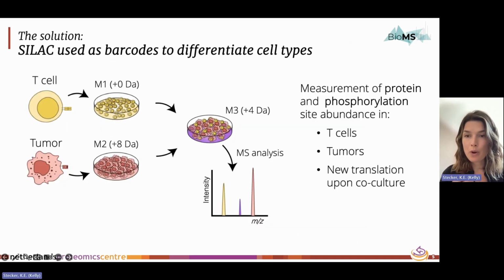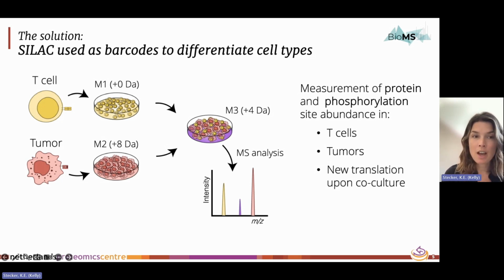To address this challenge, we adopted a strategy that allows us to measure short-term interactions between two cell types by using stable isotope labeling in our different cell types. So we incorporate SILAC-like labels essentially as a barcode to differentiate our two different cell types before we co-culture them together. So how it works in our system is that tumor cells are